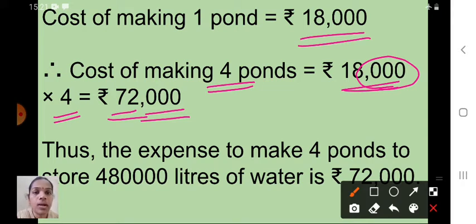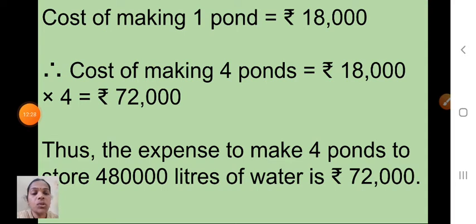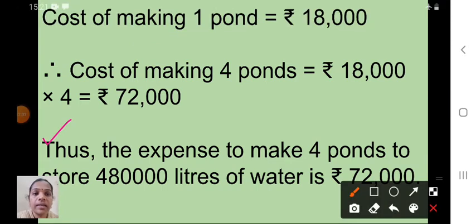72,000 rupees. So the cost of making 4 ponds is equal to 72,000 rupees. I hope you understood this question. Yes. So children, say here, this is your final answer. Thus, the expense to make 4 ponds to store 4,80,000 liters of water is